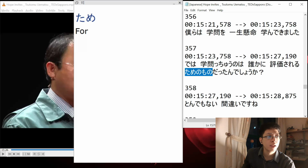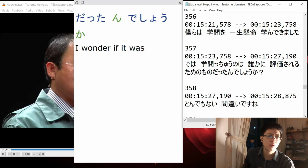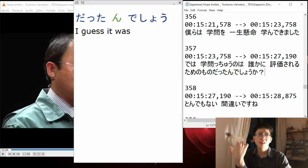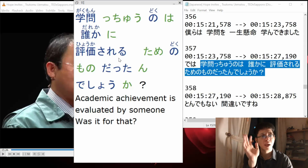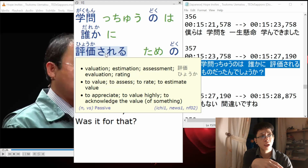That and they show her. And then I wonder. Yeah, they show care, right? To wonder. Yeah. Okay. So the thing that is called scholarship. To whom it has value. To whom it has value. Oh, okay. Yeah. So yoga is this one is evaluate, right? Evaluation instead. Yeah. So I remember it's wrong, right? Yoga. Kakaku, that one is value. Yeah, this one is evaluation instead. Yeah, evaluation. Should have remembered it correctly. But yeah, this one means evaluation and